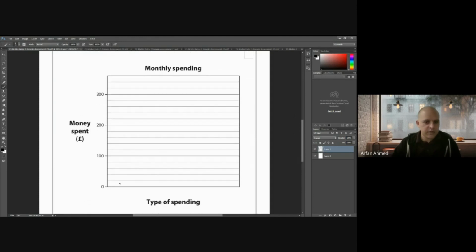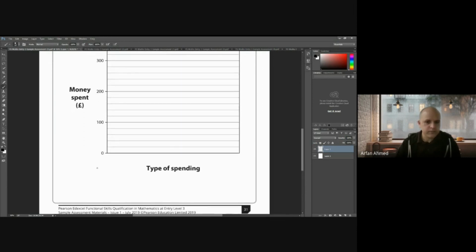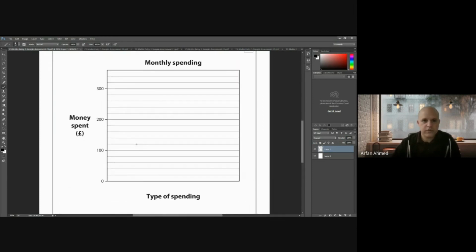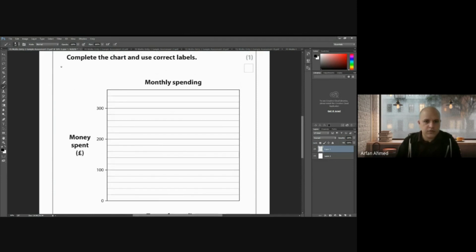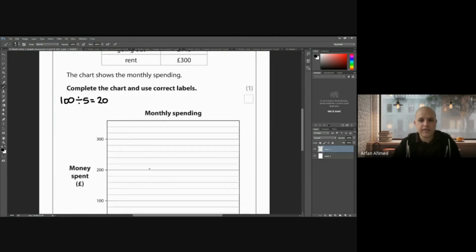So again, you need to know what each of these little sections actually represent. So how many sections we got? 1, 2, 3, 4, 5. Let's do it up here. In fact, 100 divided by 5, which is 20. So each one of these little sections represents 20 pounds. Okay, so if we're trying to draw 260,